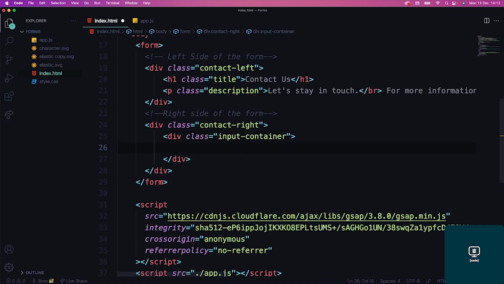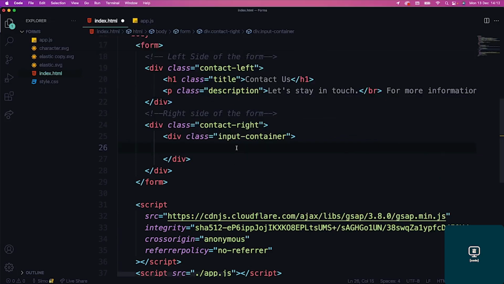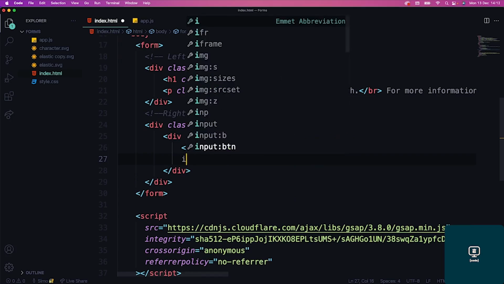So here's where we'll have the placeholder text, the input, and the line, this elastic line here that animates. So it's actually three things here. So placeholder, the input there, and the line. Okay, so let's do the placeholder first. So I'm going to say p class placeholder, like that. I'm going to call this your name, like that. And in here, I'm going to have an input